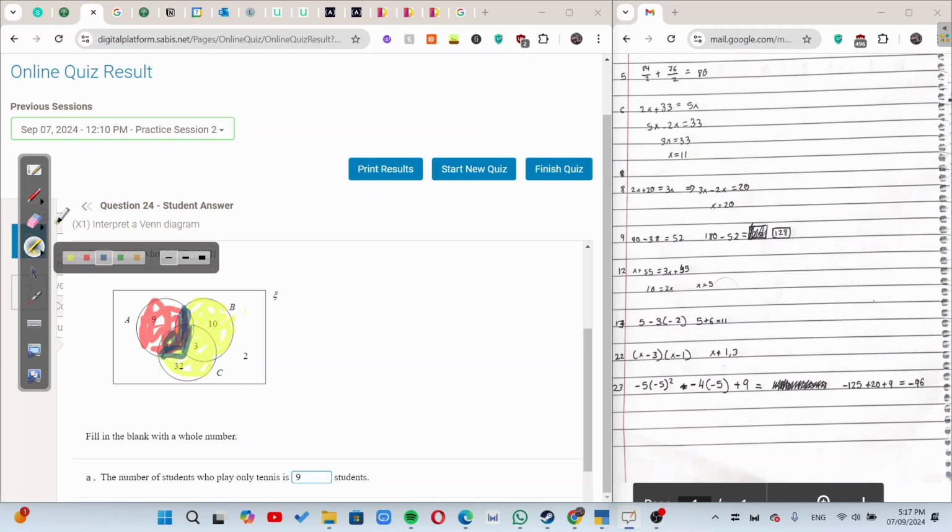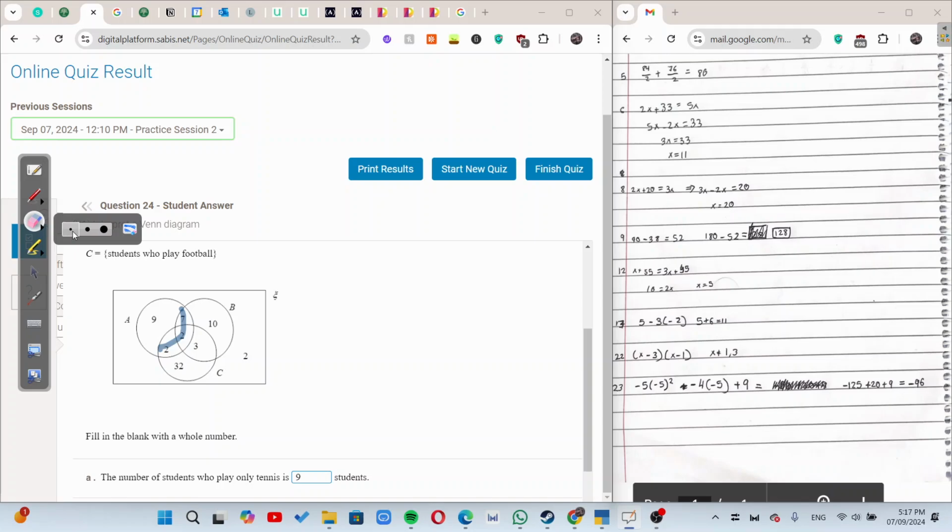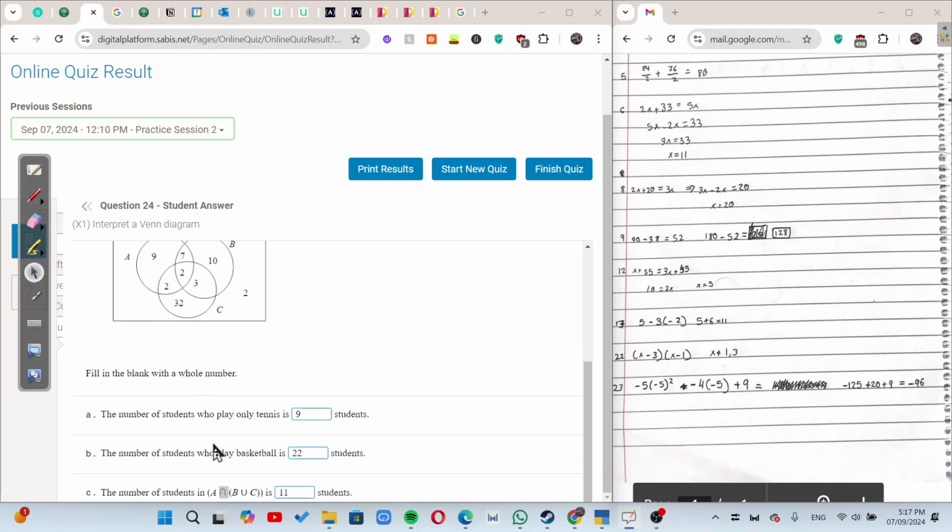Now I'm gonna remove all the highlighters so you can see what the numbers are. So you're seeing these numbers, 7 and 2 and 2. So when you add it, 7 plus 2 gives you 9, plus 2 gives you 11. So as you can see,